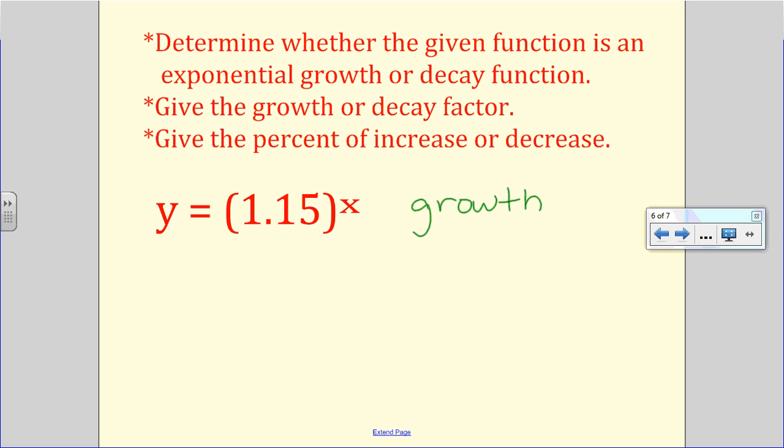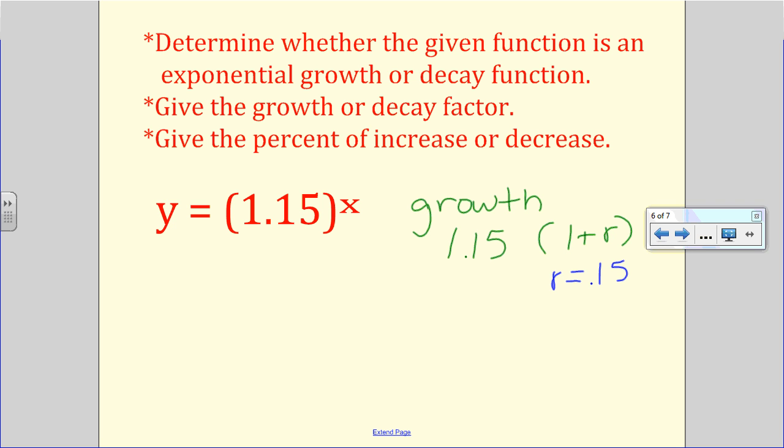They then want to know the growth or decay factor. The growth and decay factor is simply what's inside those parentheses. So Eric, for this problem, what is inside those parentheses? 1.15. You're just going to write all of that down. Now remember that this 1.15 is 1 plus some R value. So when I look at that, can we see what our R value is? What did we add on to 1? 0.15. Does everyone agree with TJ that we added 0.15 on there? So my R value here